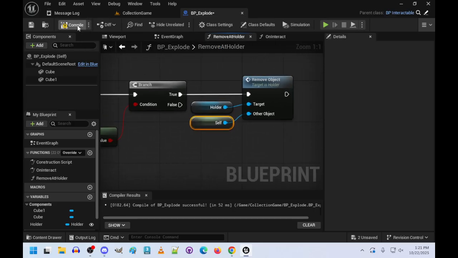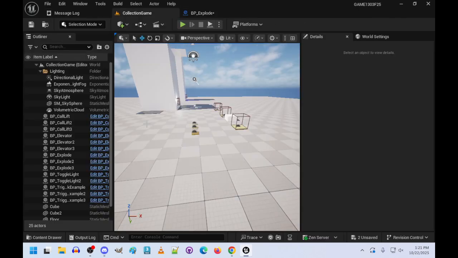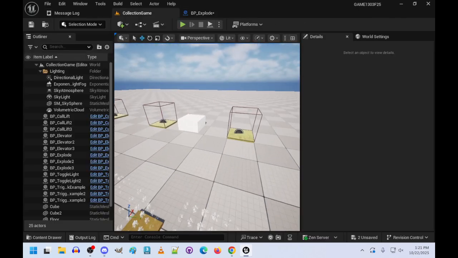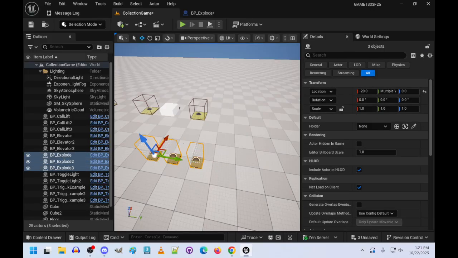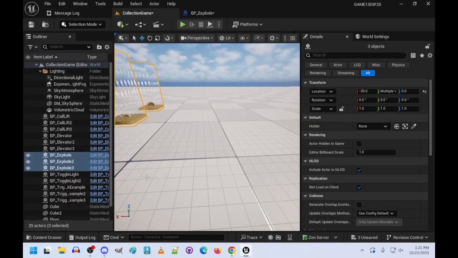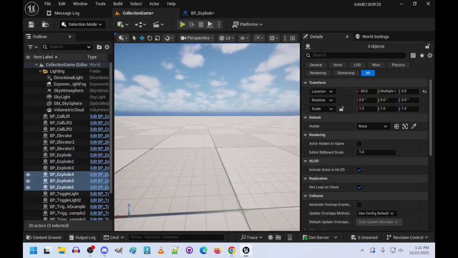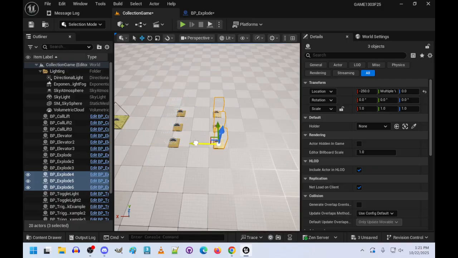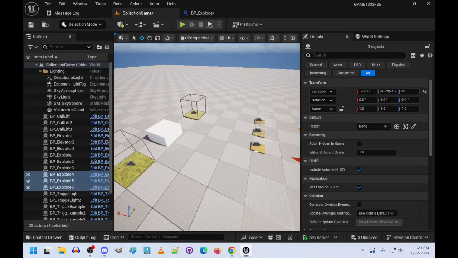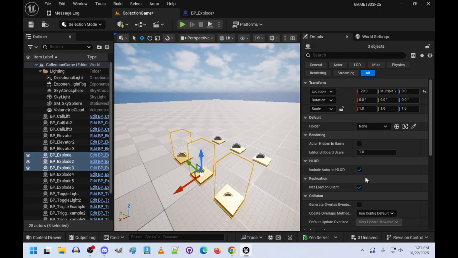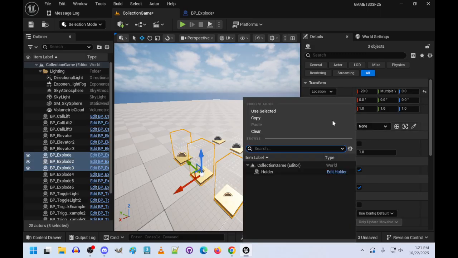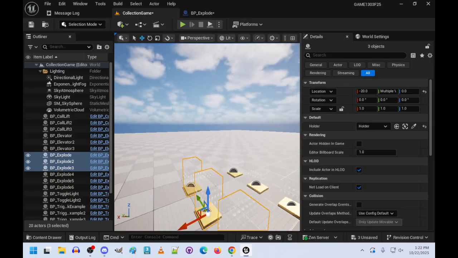So let's compile. Let's go back to the collection game, and I'm going to grab these three. I'm just going to duplicate them. So these objects aren't in the holder. I'm going to grab these three again. And you can see right now, here's holder. Again, there's only one holder in the scene. But now when we blow these guys up,